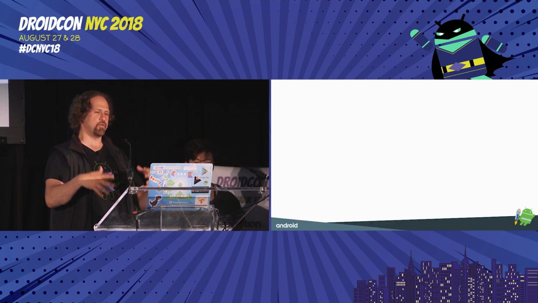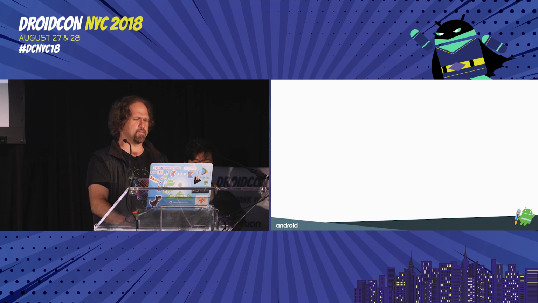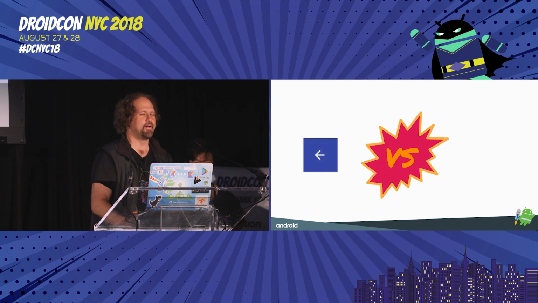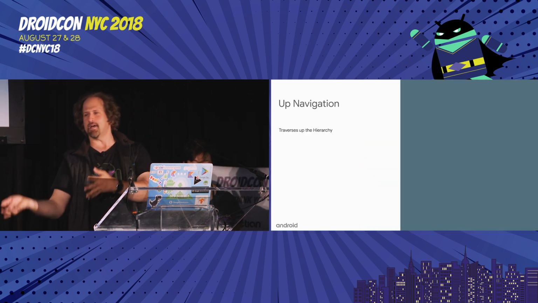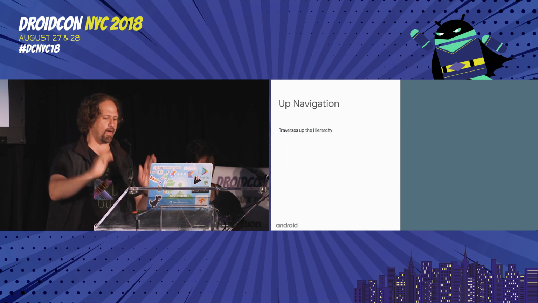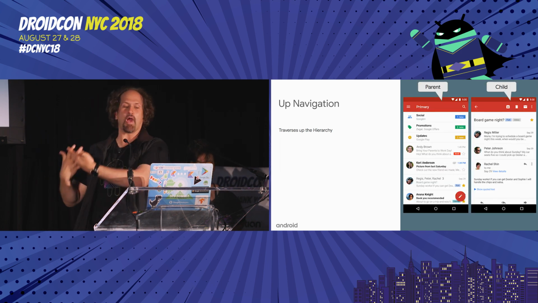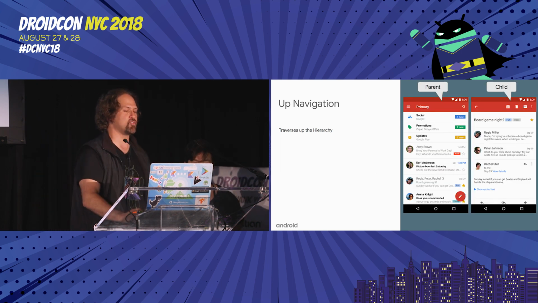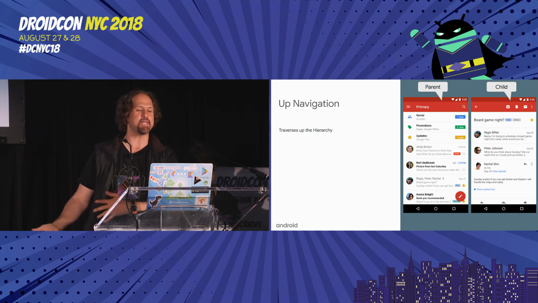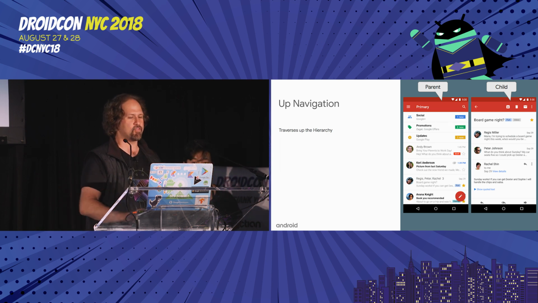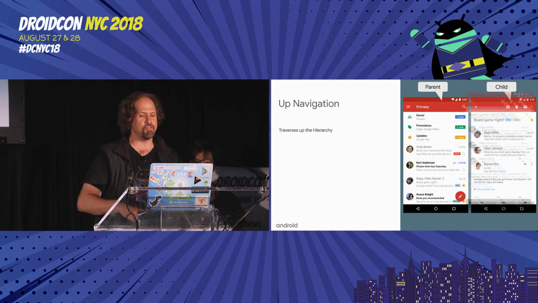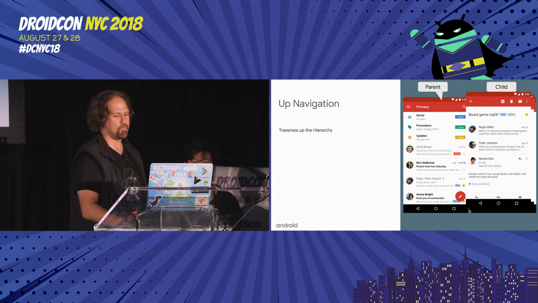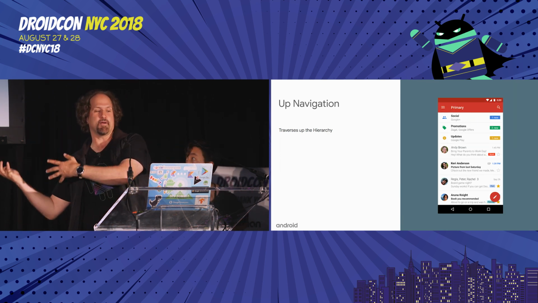And now the explanation you've all been waiting for, the epic difference between up and back. The idea was that up would navigate up the hierarchy, and this allows one to travel up to the next hierarchical navigation level rather than moving within the fragment backstack, which could, in theory, be very large. Like imagine if Gmail added a fragment to the backstack for every message you clicked. You'd be super happy to have a way to get back to the hierarchical parent fast.